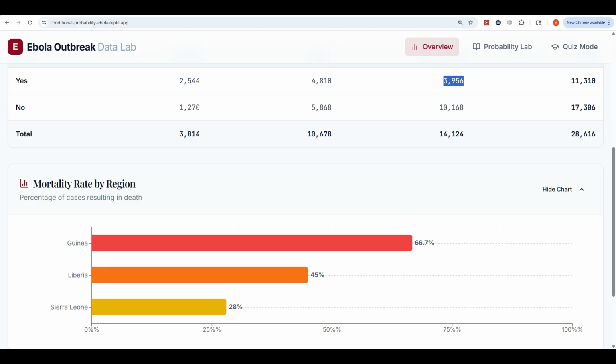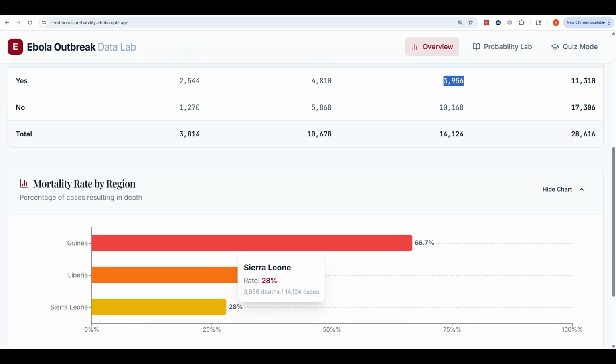Remember, if we just took West Africa altogether, the mortality rate was about 40%. But knowing that it's a case in Guinea, that percentage goes way up to 67% almost. Whereas it's 45% in Liberia and then 28% in Sierra Leone. So without fail, my students always vote to go to Sierra Leone in our time machine, not surprisingly. And we say, please don't let it be in Guinea, right? And I think this is really kind of helpful because it introduces the idea not only of conditional probabilities, but